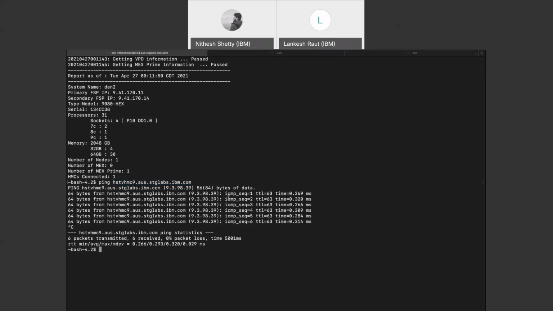Because what happens is the HMC gets disconnected. At that point of time, you're doing a code update of the HMC, and the HMC will not be available. If someone is on critical tasks and they are not able to get hold of the HMC,